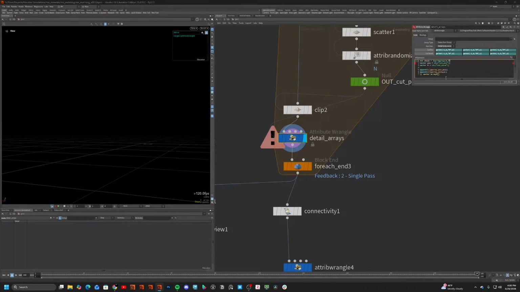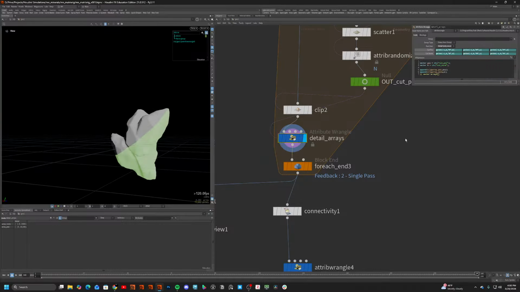I need to do this on primitives. So prim wrangle,